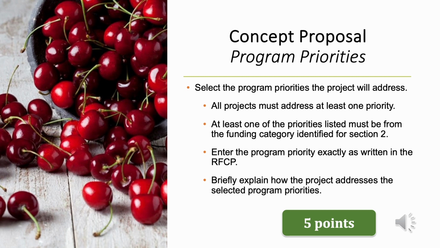Section 3 addresses program priorities. In the RFCP, each funding category has a list of associated program priorities. These priorities serve as a guide to the general issues impacting the specialty crop industry within each funding category. Program priorities should correlate with the specific existing issue, problem, or need of the specialty crop industry that your project